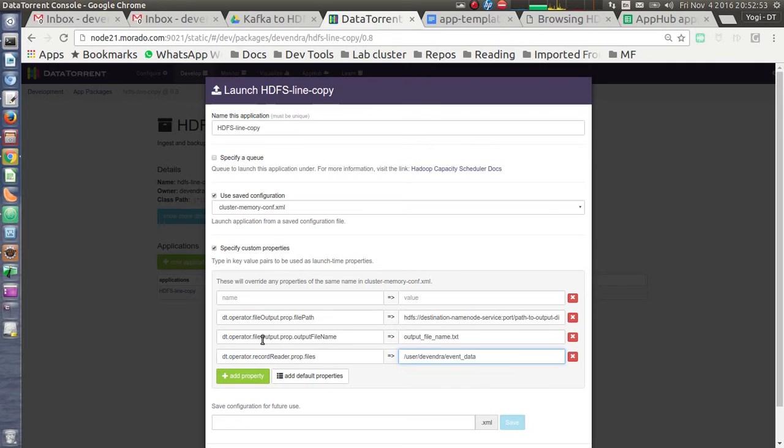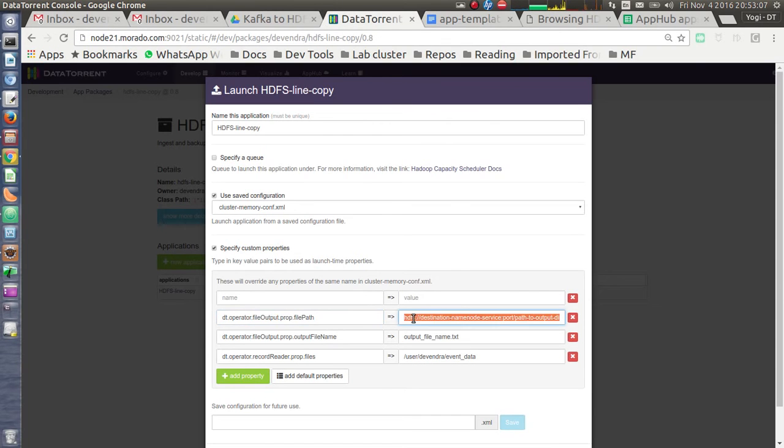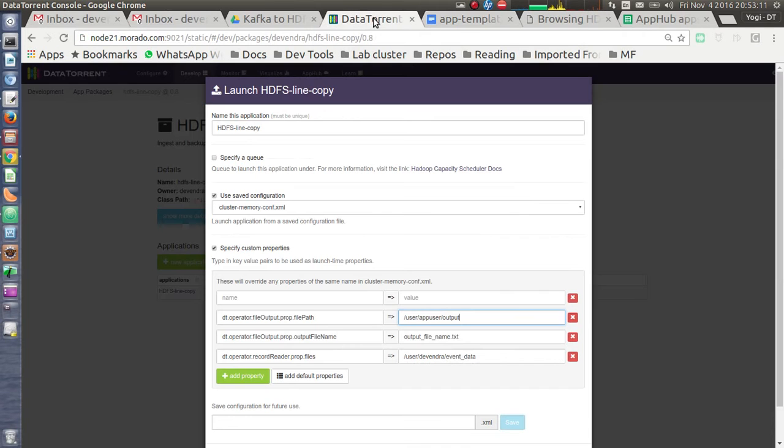On the output side we have file output operator. It requires two properties. One is file path, that is the directory name for the output, and the name of the output file, that is output file name.